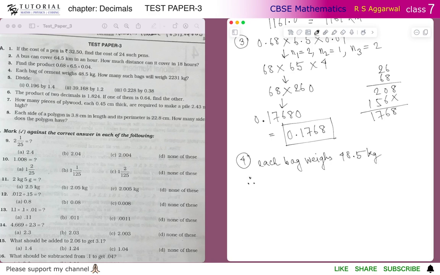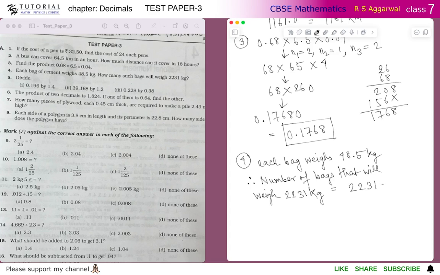Therefore, the number of bags that will weigh 2231 kg will be equal to